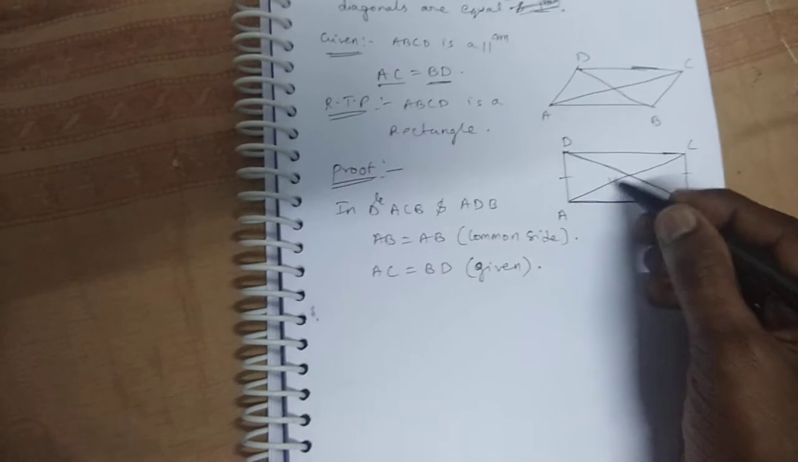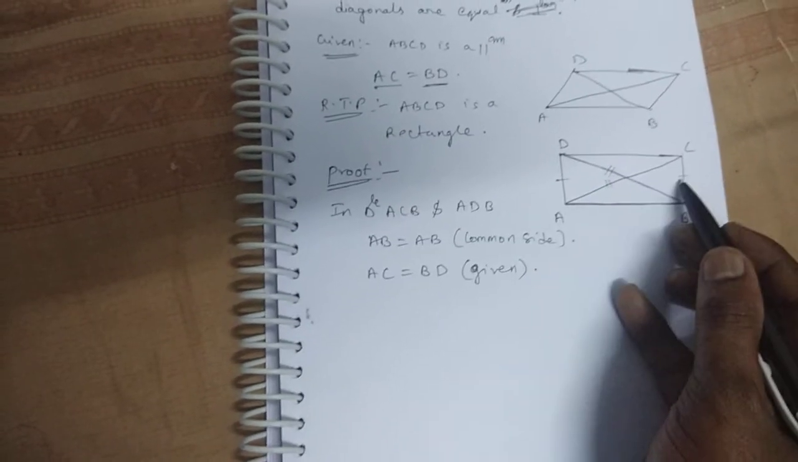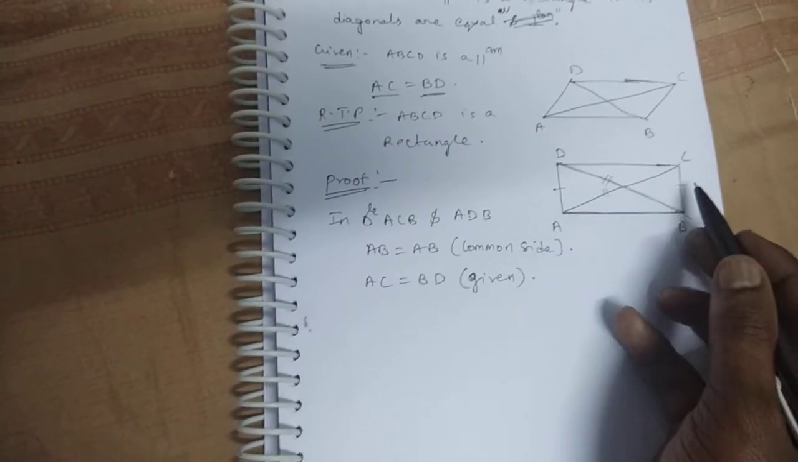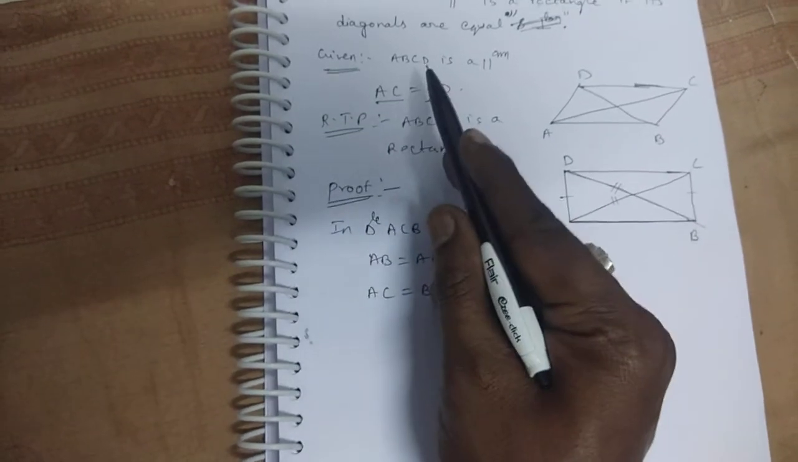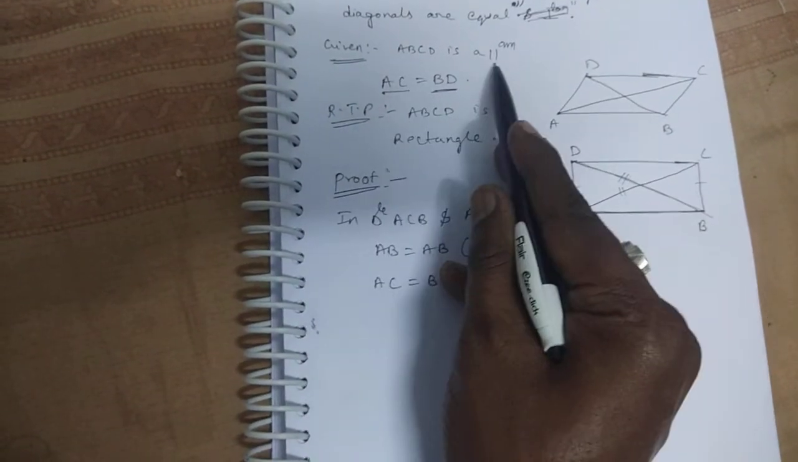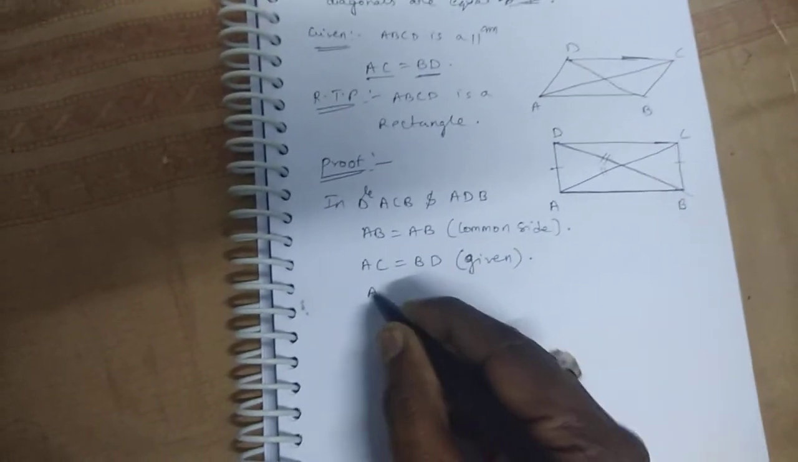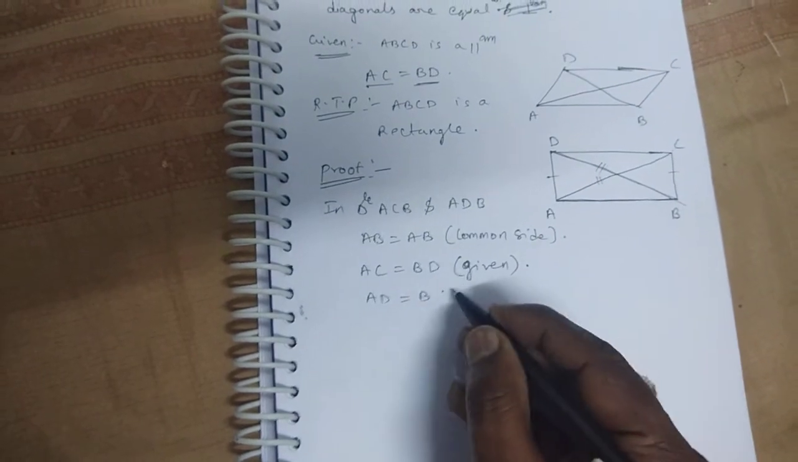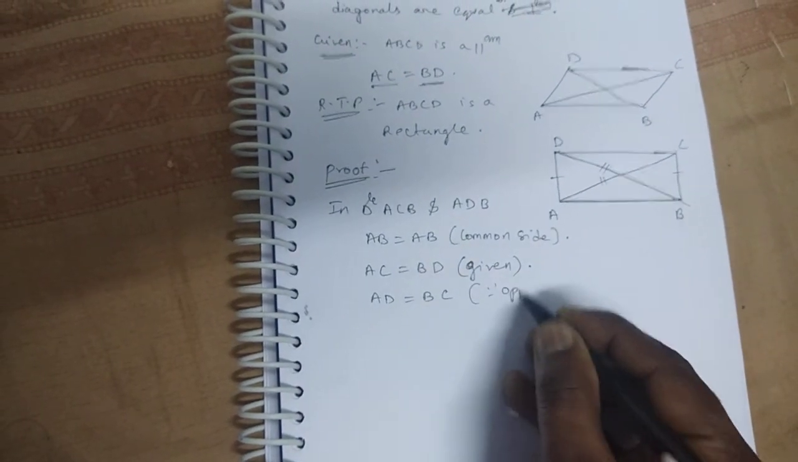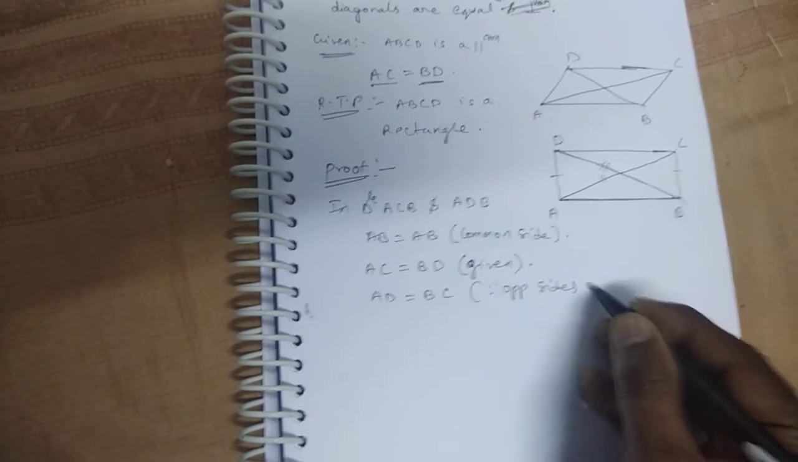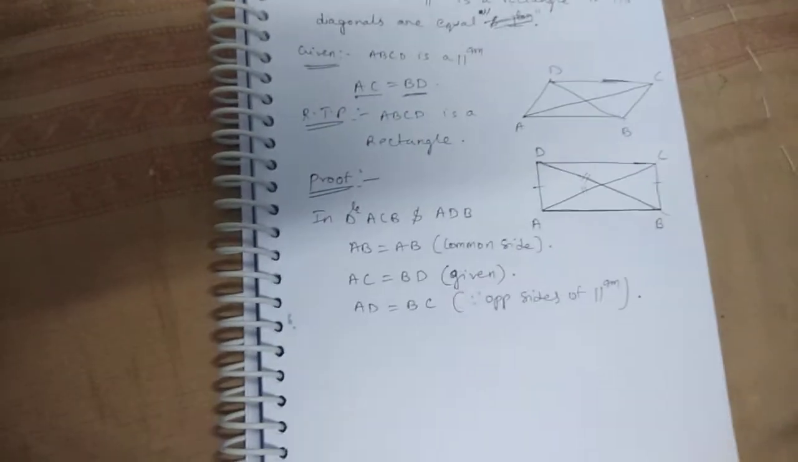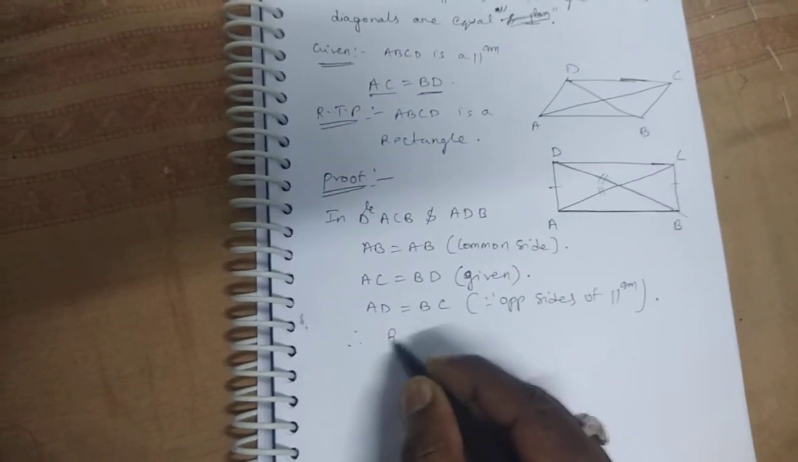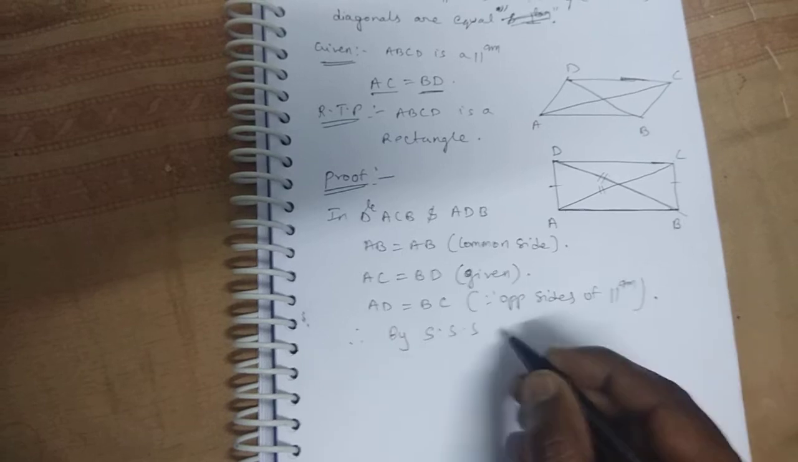Why are AD and BC equal? Because they are opposite sides of a parallelogram. He said that ABCD is a parallelogram, and in a parallelogram, opposite sides are equal. So AD equals BC, since opposite sides of a parallelogram are equal. Now, therefore, by SSS rule,